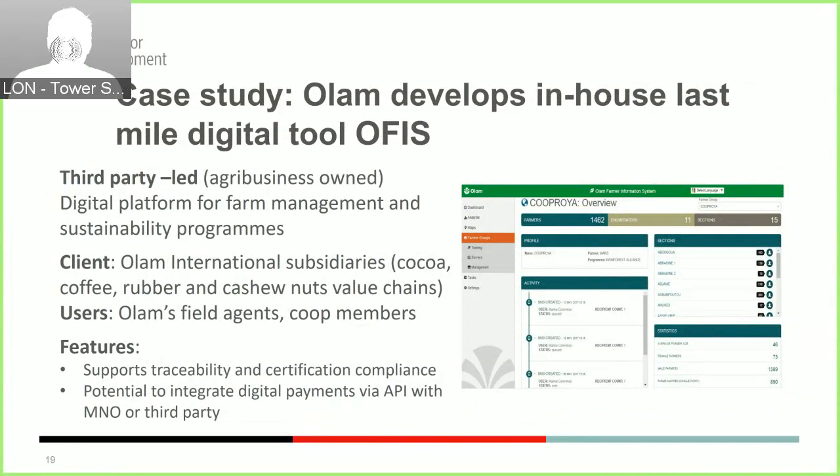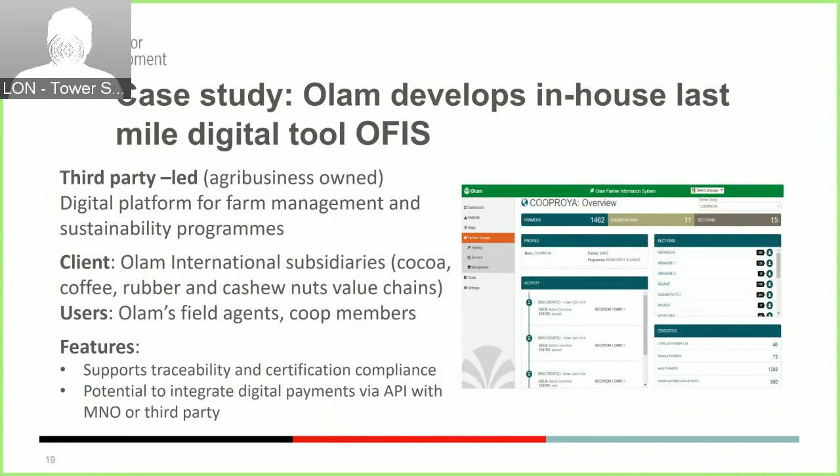To finalize, a few key distinctions between Connected Farmer and Olam, because they're both owned by the provider that offers the service. Connected Farmer is largely driven by the mobile network operator, so Vodafone core capabilities, for example, the messaging as well as the mobile payments. For Olam, this initiative to deploy Office is mostly to comply with sustainability and traceability requirements. We see a push of consumers like us wanting to know more and more where the food that we consume comes from, tracked all the way down to the farmer.